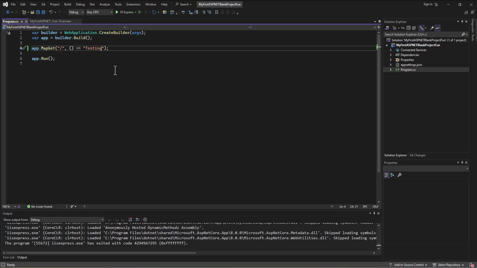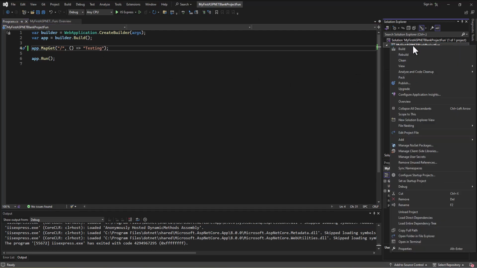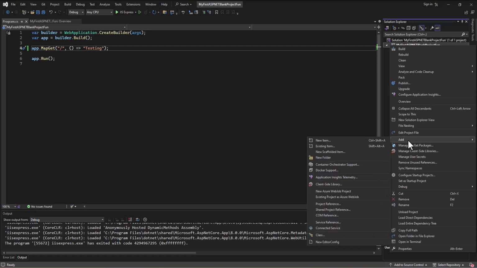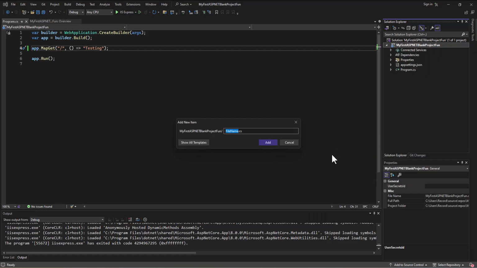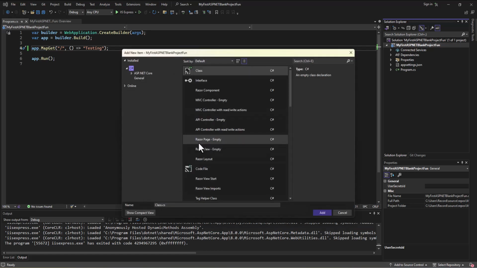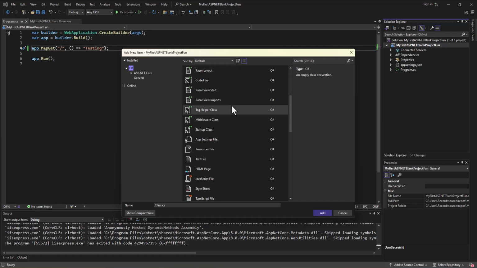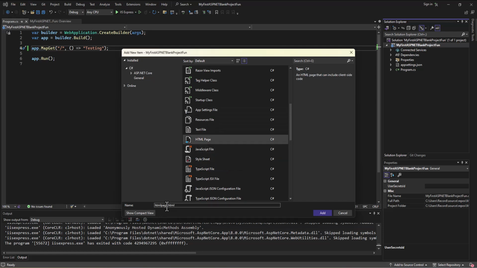And so I'm going to go over to the project here. I'm going to right click and add. And one of my options as I add some items is to say new item. And then here where it asks if I want to add a class, I'm going to say actually show us all the templates. So we're going to click on the show all templates button. If you don't have it, you may have already clicked on it. And in here then it gives us a whole bunch of different options for different files that I can create. I just want to create an HTML page, just a regular old HTML page. I want it to be the main page, and so I'll call it index.html,